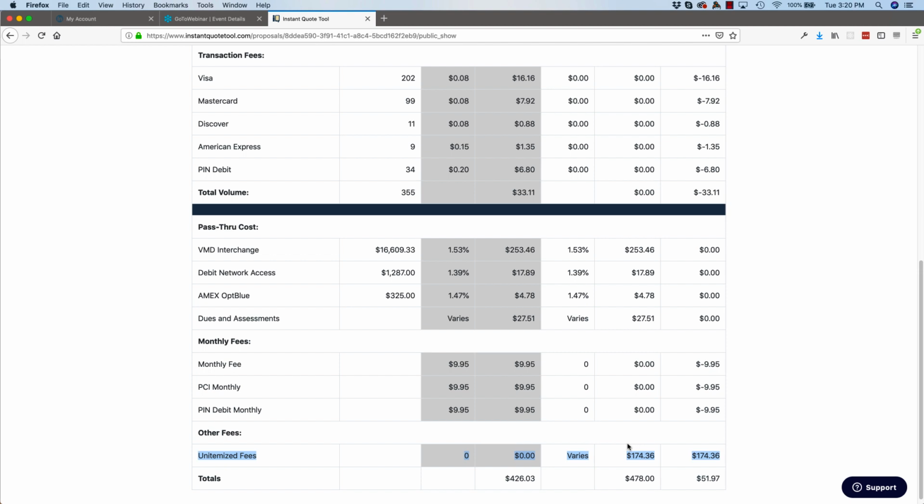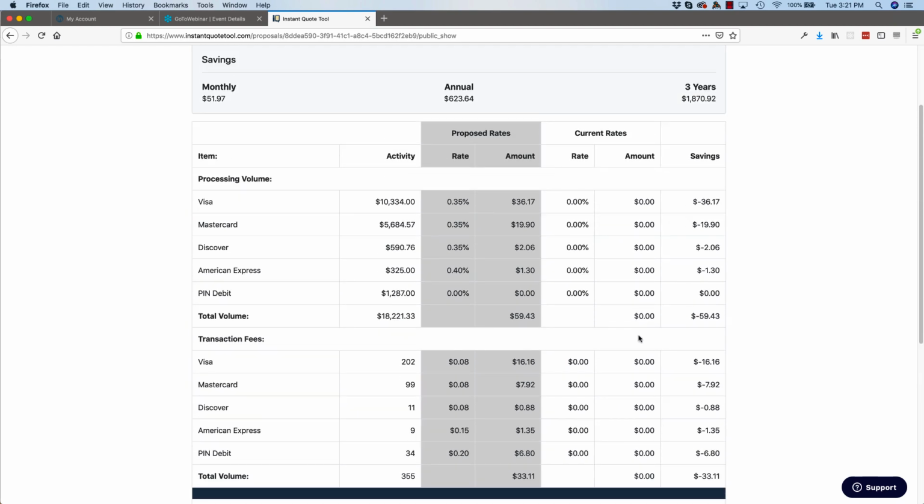But with their fees, if you remember, we really didn't enter anything. All we entered was the total from their statement. We didn't enter any of the other fees. So we have $174 in what's called unitemized fees, which just means there's $174 in other fees. We don't know what those are because we haven't entered them in the system yet. Okay? Now, as a result, that creates kind of a bad-looking side-by-side comparison because, as far as we know, they